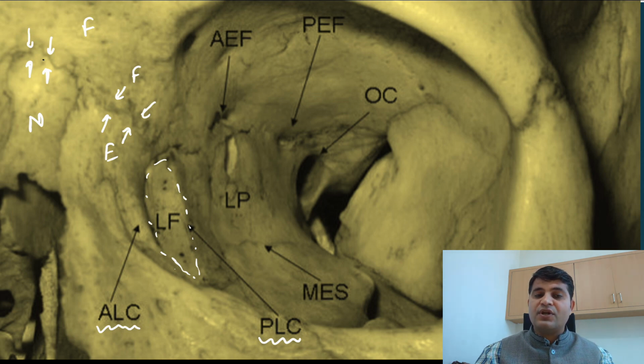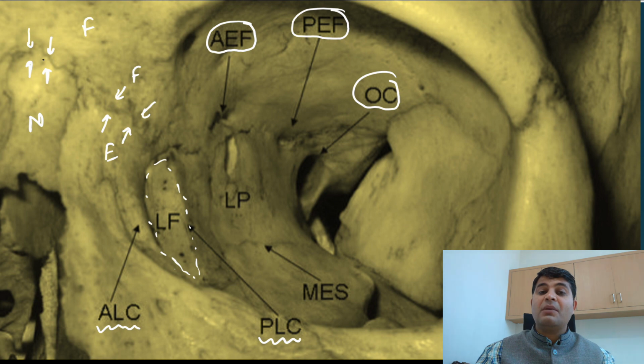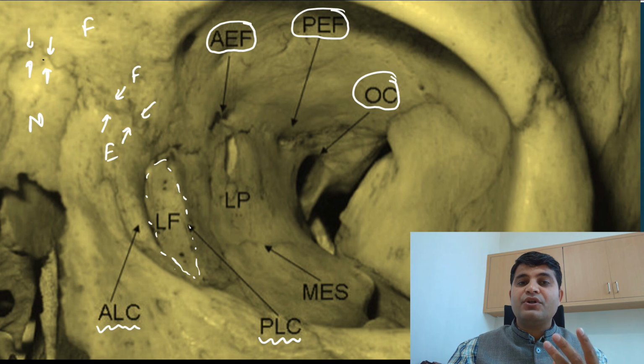Now if you go along this frontoethmoidal suture line posteriorly, we have this first opening in medial wall of orbit, which is for anterior ethmoidal foramina, right? Then if we go posteriorly, next opening comes, which is posterior ethmoidal foramina, and finally there is a third opening near apex of orbit, which is for optic nerve. So what is most important for you is three important openings. I repeat, along frontoethmoidal suture line we have anterior ethmoidal foramen, we have posterior ethmoidal foramen, and we have opening